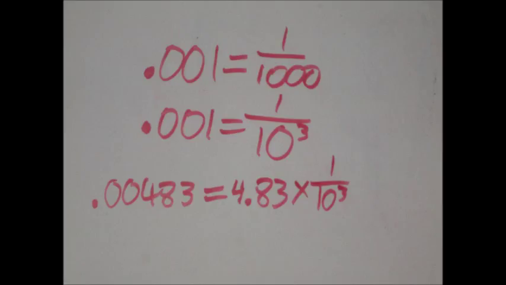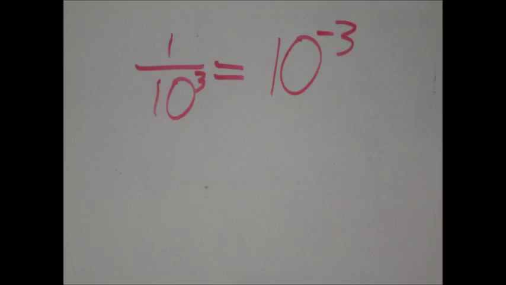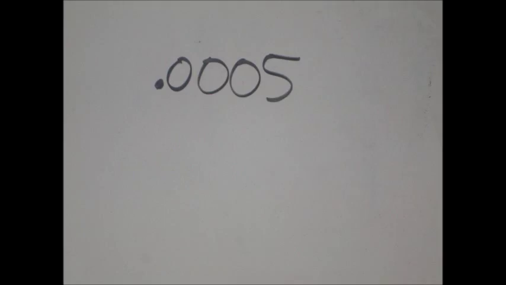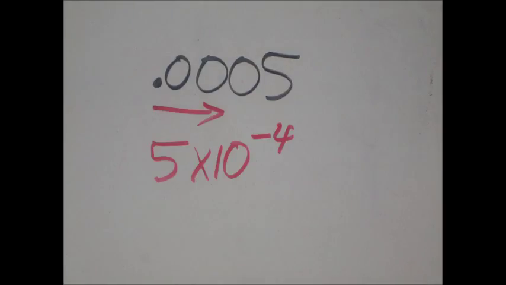0.00483, but this looks weird and it's not easily understood. Well, using math again, we know that 10 to the negative third is the same as 1 divided by 1,000, and this fits the rule we made earlier for numbers larger than 1. This way, 4.83 times 10 to the negative third is much better. This also has an easy way to turn numbers into scientific notation. If we have a number like 0.0005, then you can bring the decimal 4 places to the right, so you can get 5 times 10 to